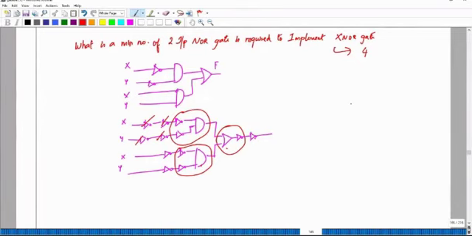You have to apply the same in the same way. How I have drawn the two input NAND gate for XOR gate. How many minimum number of two input NAND gates are required to implement